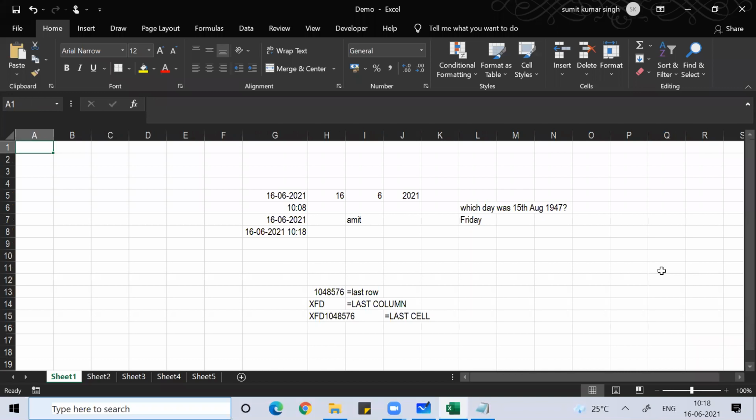So remember: Control Home, Control G, and Control H to replace anything. Control F to find anything.